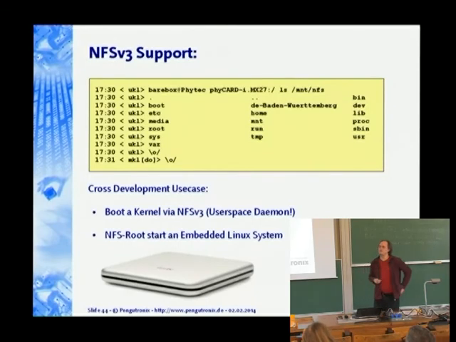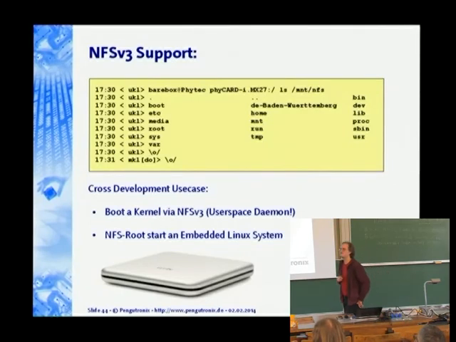NFS version 3 is pretty important for us, because if we have that, we can basically get rid of the requirement to have a TFTP server for development. I mean, if you're doing bootloader development, in most cases you will probably have a TFTP server running, right? Because you need to fetch your kernel from somewhere. And you can do the same thing with NFS. And the interesting thing there is that you can use a user space NFS daemon, and you don't need to install anything on the development machine anymore.